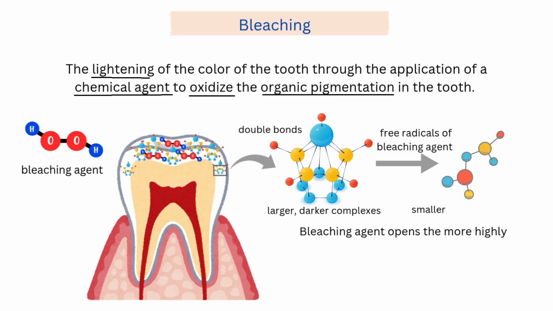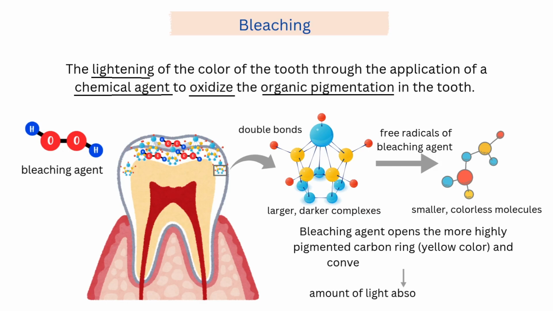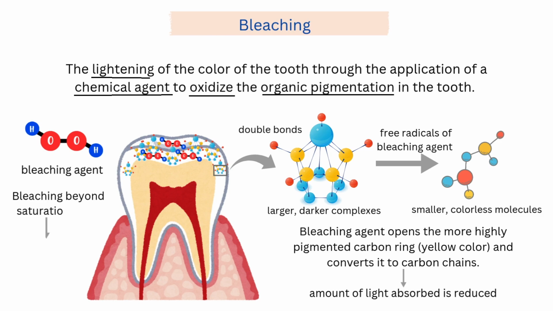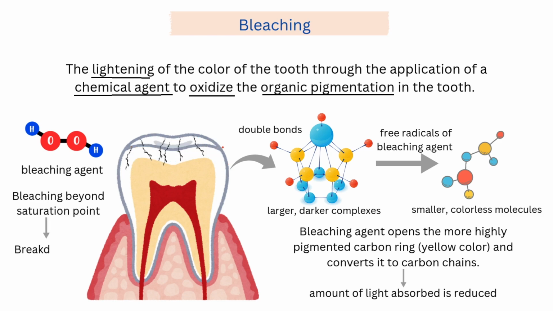So when the carbon double bonds are converted to hydroxyl groups, the amount of light absorbed is reduced. Thus, the tooth appears light in color. If the bleaching process is allowed to continue beyond this point, then the organic matrix of the tooth is broken down, which results in weakening of the tooth structure and postoperative sensitivity. So the saturation point is that point at which only hydrophilic colorless tooth structure exists. Bleaching beyond this point results in the breakdown of the organic matrix, resulting in weakening of the enamel and surface